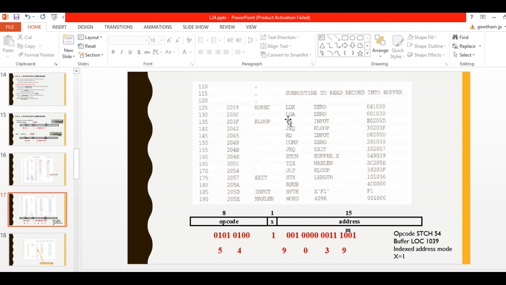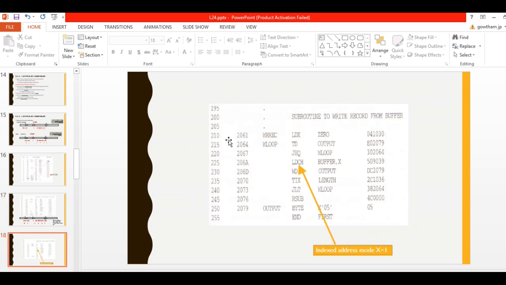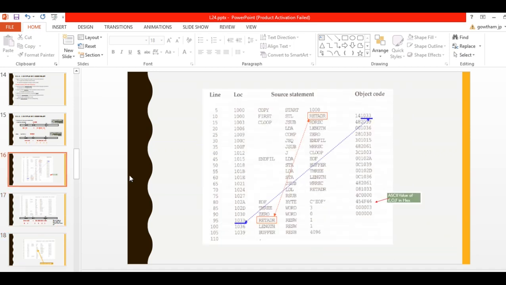Next it will continue the same way. All the instructions are 3 bytes. Here it is BYTE, so only 1 character, so 205D plus 1. The next location is 205E. Now this is a WORD, so plus 3. The next location, plus 3, means 2061. Like this you have to calculate. Here also BYTE 05. Okay, so you have to calculate till here. END means that is the end of the program. So the first step is you have to calculate the location counter by adding 3, but you have to remember, if it is BYTE, then you have to add plus 1.